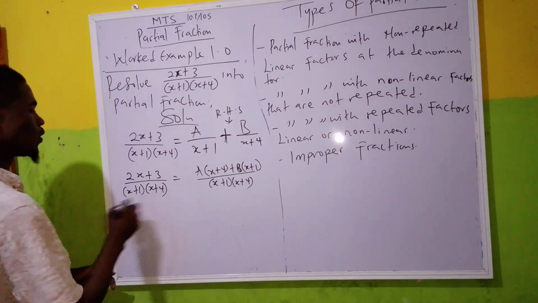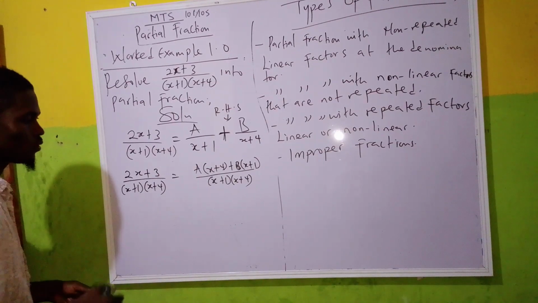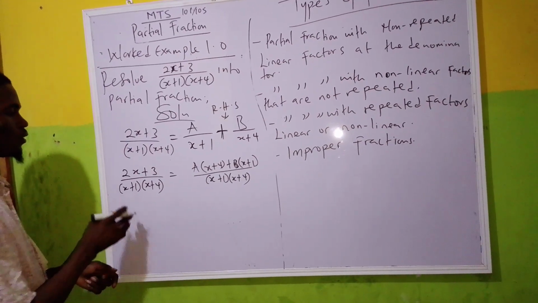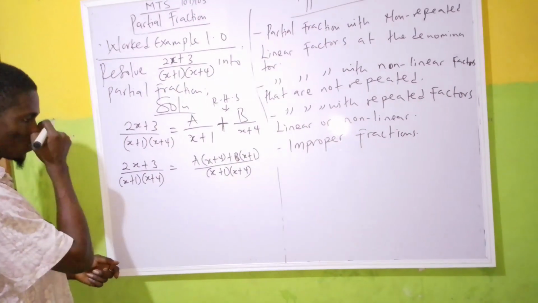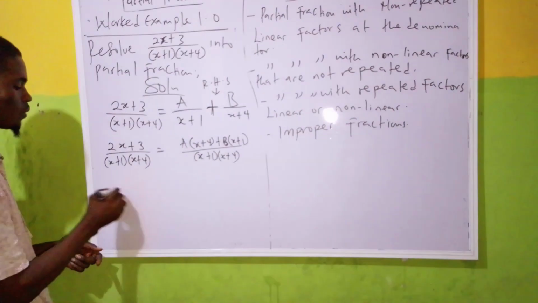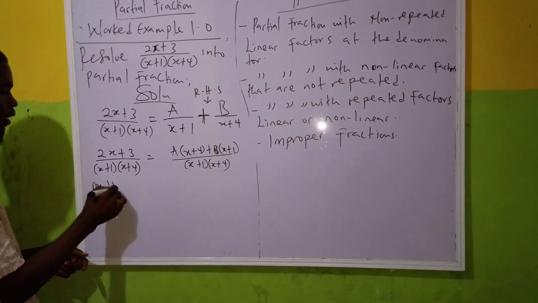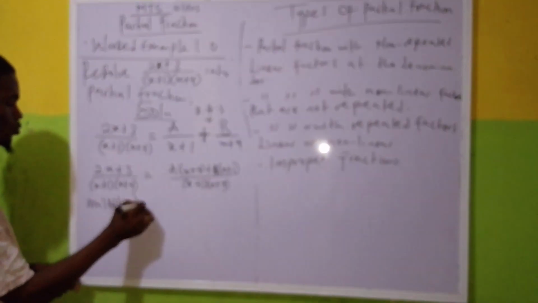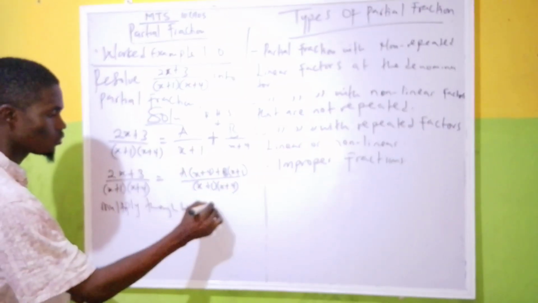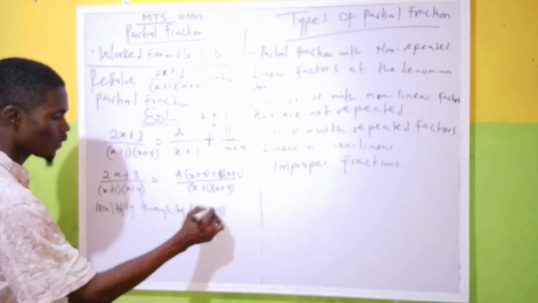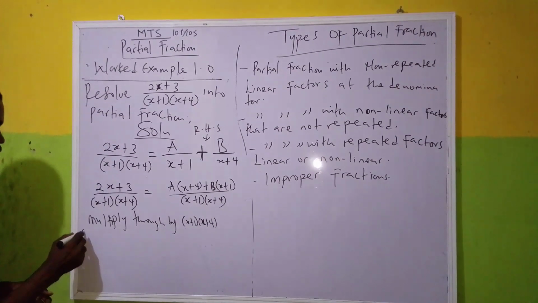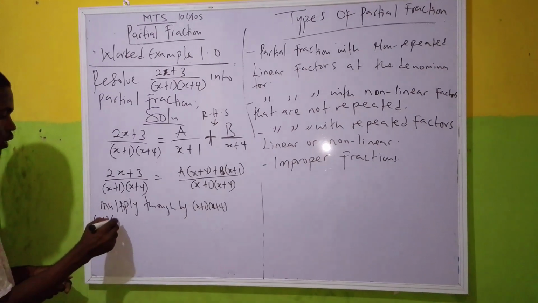That's it. So now you have to take it away from fraction. How do you do that? You're having a common denominator here, the common LCM. So what you do is you multiply through by x plus 1, x plus 4. You multiply through by the LCM. So by the time you multiply through, you're having x plus 1, x plus 4,